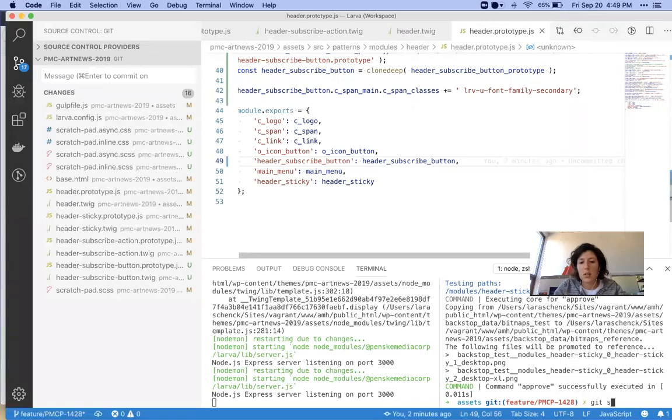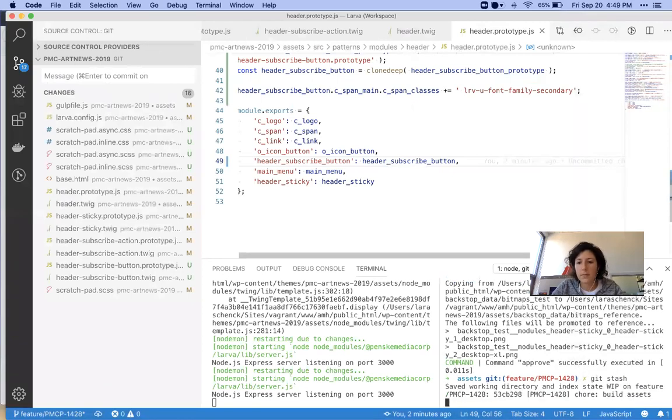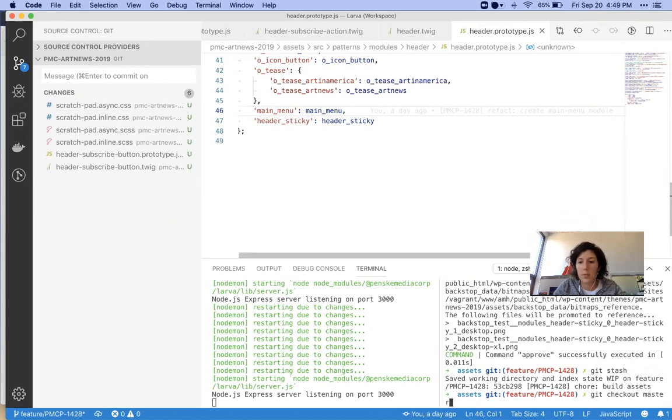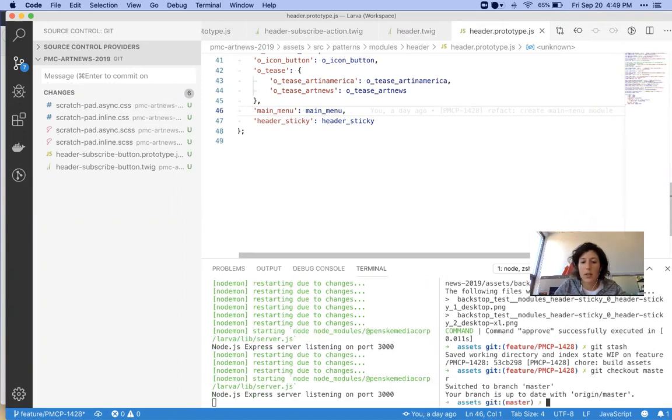So git stash. Git checkout. Oh my gosh, typing. It's late in the day, it's Friday, but I'm recording. Git checkout master, npm run